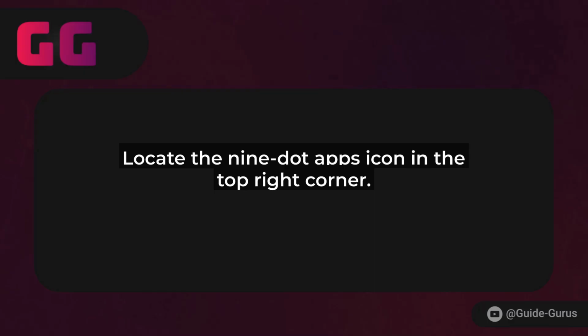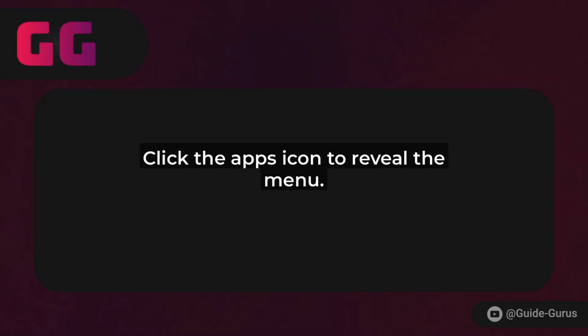First, make sure you're logged into your Google account and have Gmail open in your web browser. You'll see your familiar inbox loaded with emails. Now, look at the top right corner of the screen. That's where the magic happens. You'll spot the Google Apps icon, which looks like a grid of 9 dots, almost like a tic-tac-toe board. Go ahead and click that icon.